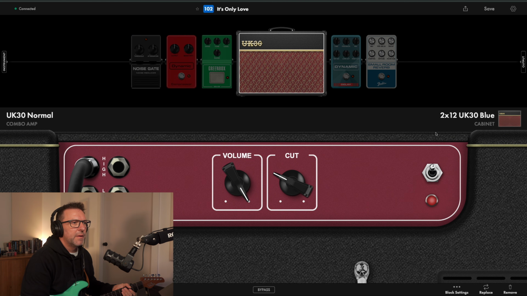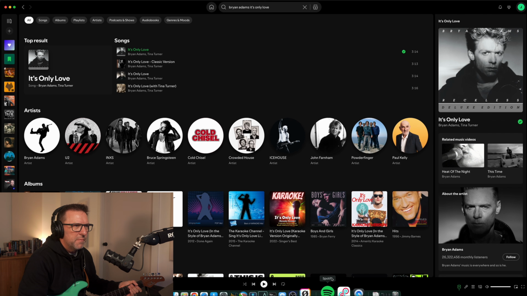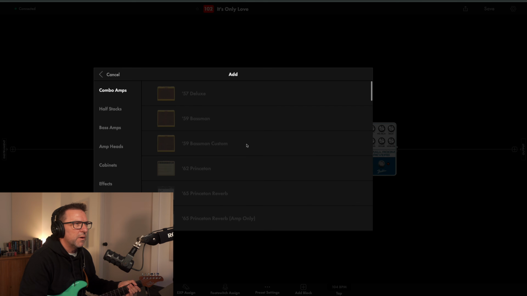Okay, now let's get back to the speakers. I'm going to move these mics around. The MD421 has a bit of a mid-range kind of honk to it. I think I'm going to need an EQ as well.